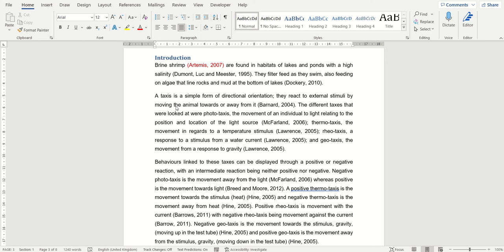So the first shortcut we are going to look at is a keyboard shortcut. The one we are looking at is Ctrl+Alt+Page up. Pressing this combination of keys moves your cursor to the top of the screen that you can see. I'm now pressing in my screen, my cursor is next to the word behaviours. Pressing Ctrl+Alt+Page up on my keyboard, my cursor has now moved next to the word introduction text at the top